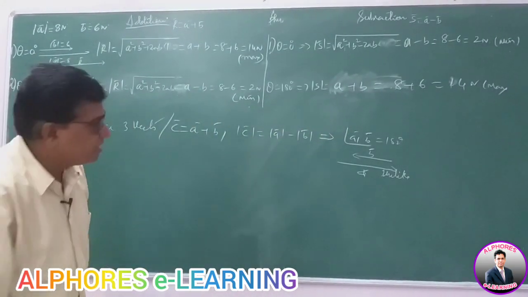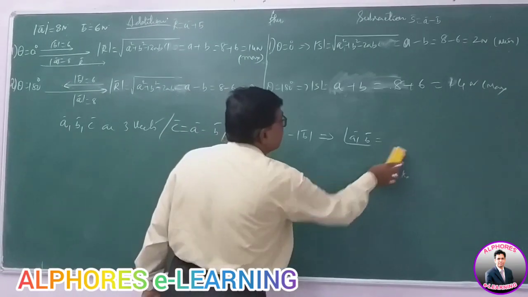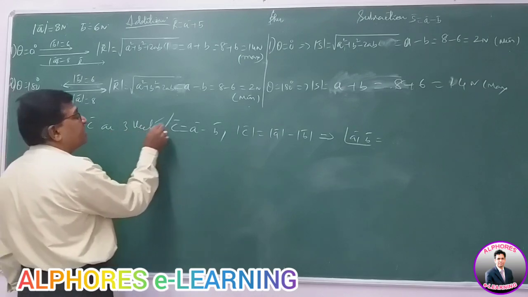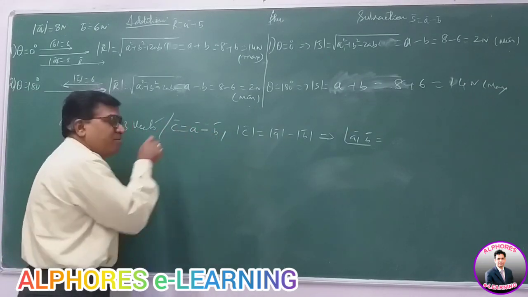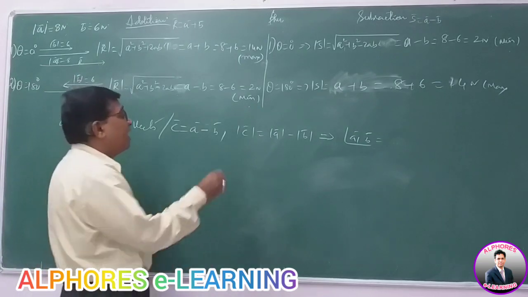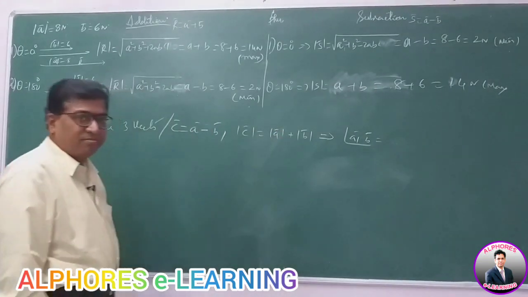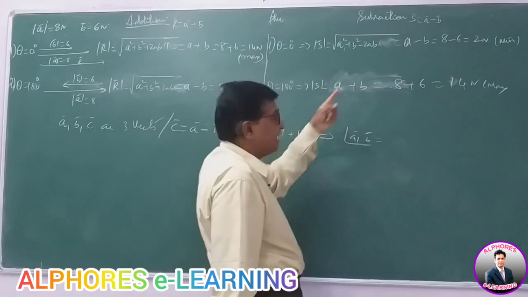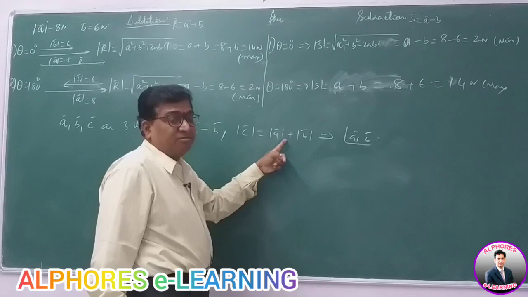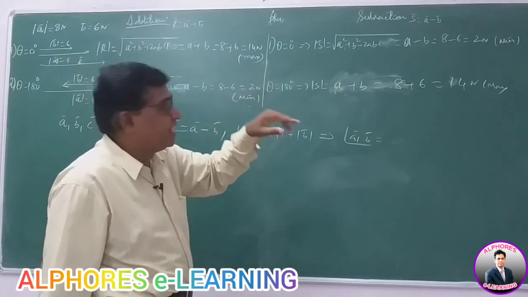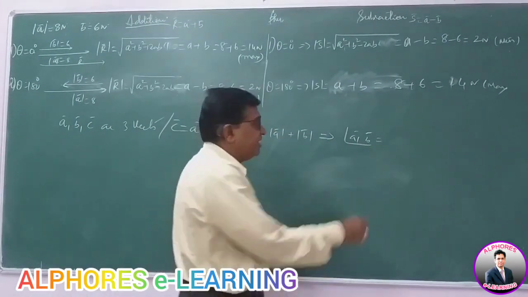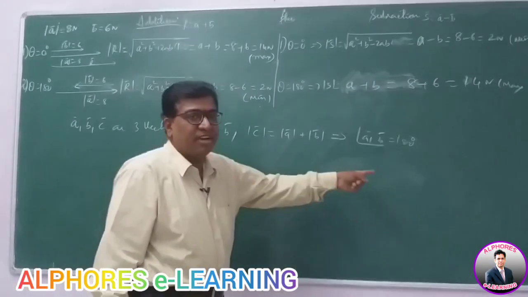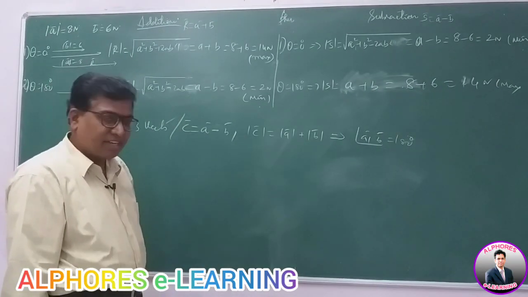Now the same question, if it is put in this form. Suppose A bar, B bar, C bar are three vectors such that C bar is A bar minus B bar this time, and mod C is mod A plus mod B. So C is A bar minus B bar, that is the subtraction resultant, but the magnitude is maximum. When is the subtraction resultant maximum? When theta is 180. So the angle between A and B is 180 degrees, and A and B are in opposite directions. Anti-parallel vectors are unlike vectors.